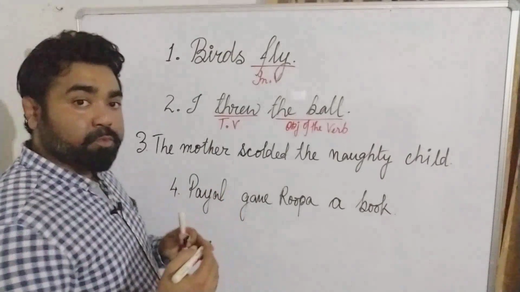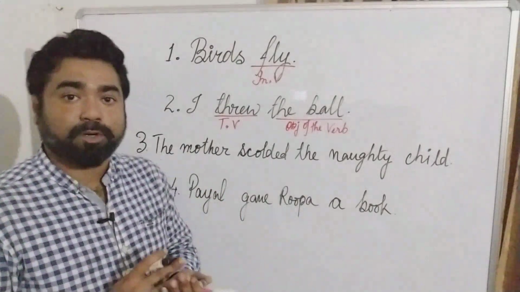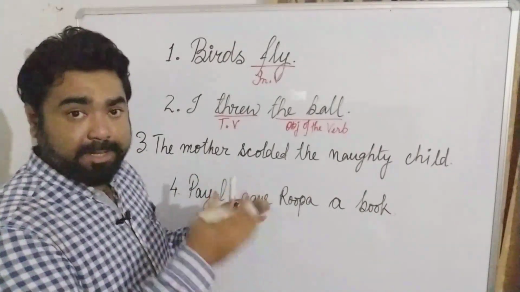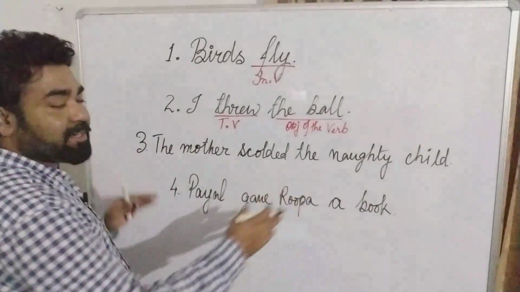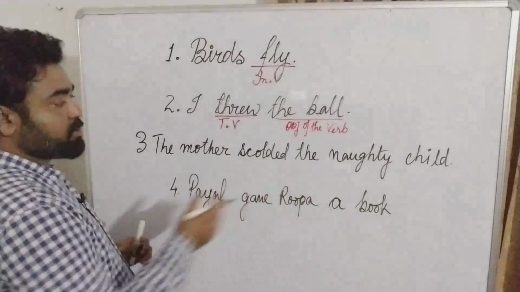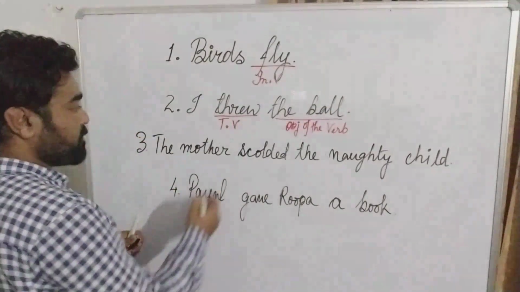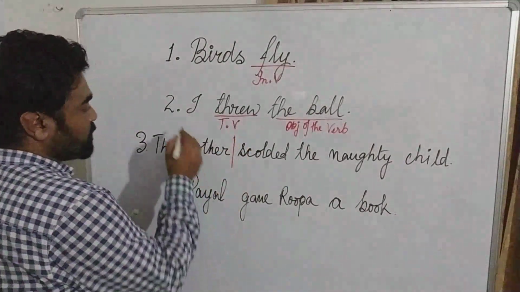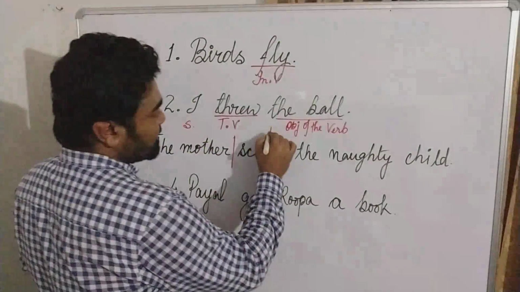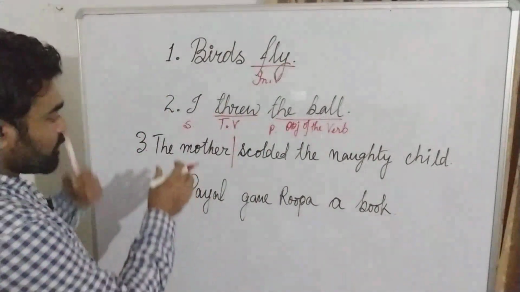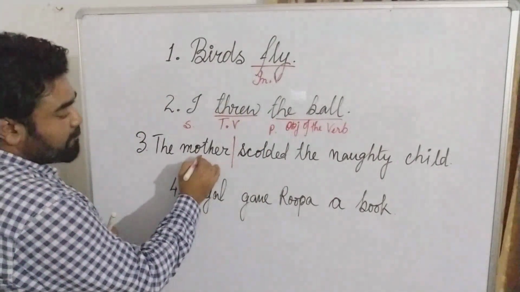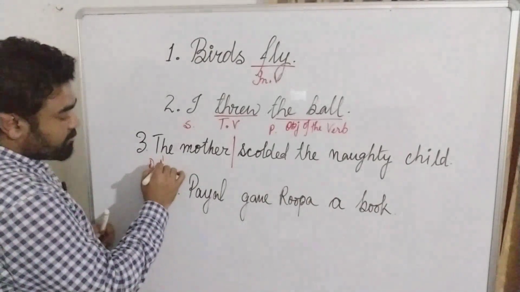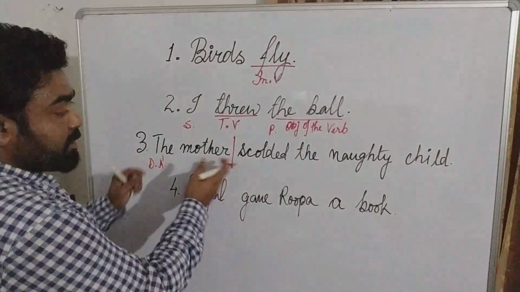Since now we know what is the subject, what are subject attributes, what is a predicate, what is a verb, and also what is basically an object and its attributes, let's divide this sentence from the beginning. Let's first divide it into subject and predicate. Where will you divide it? We'll divide it after mother here. So this is the subject part and this is the predicate part. What is the subject word here? The subject word is mother and the attribute is the, which is a definite article, or you can simply write an article. So we are done with the subject part, right?